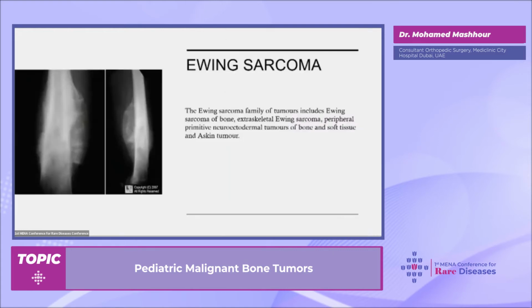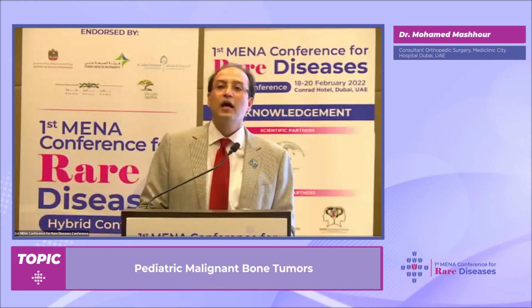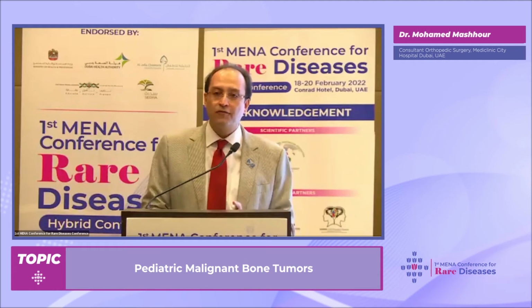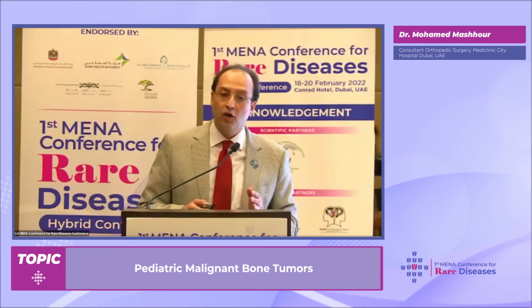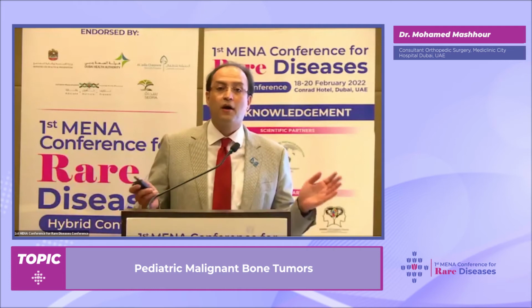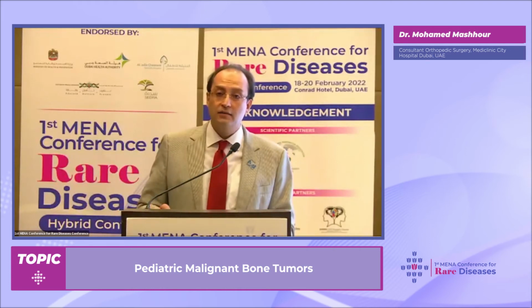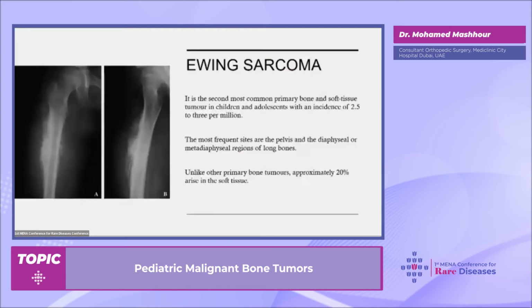On the other hand, Ewing sarcoma is the 2nd most common pediatric tumor, and it has multiple variants, with skeletal and extraskeletal forms and Ewing sarcoma of the soft tissues. We need always to understand that once we mention Ewing sarcoma, we have to bear in mind, especially pediatricians and general practitioners, acute osteomyelitis. You can never separate these two names. It's very confusing. The clinical picture is the same. The presentations are the same. Radiology is sometimes very confusing. MRI is even more confusing, and up to the histology. And I will tell you why.